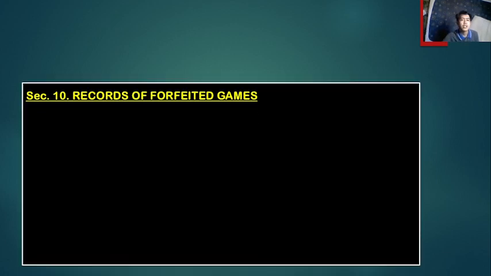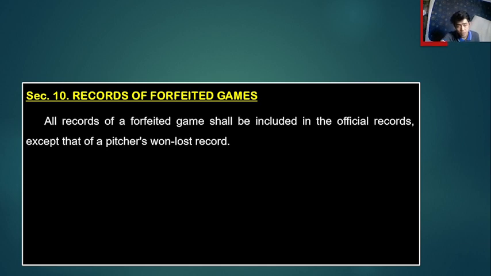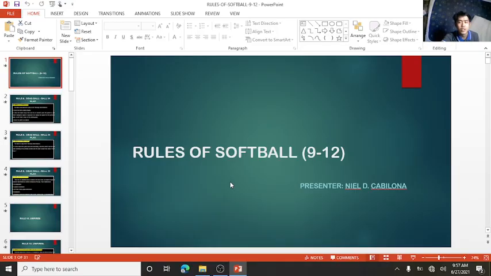And next is section 10, records of the forfeited games. All records of a forfeited game shall be included in the official records except that of a pitcher's won-loss record. So the records of forfeited games are included in the official records, except for the pitchers' won or loss record. So that's all for this presentation of the rules of softball